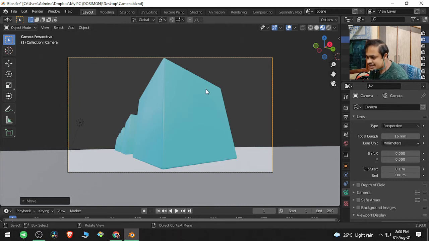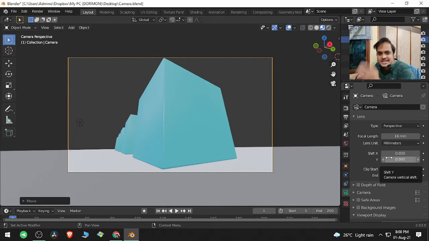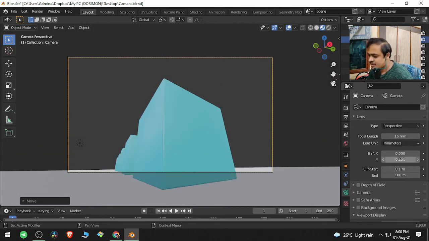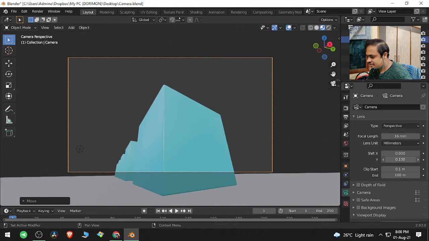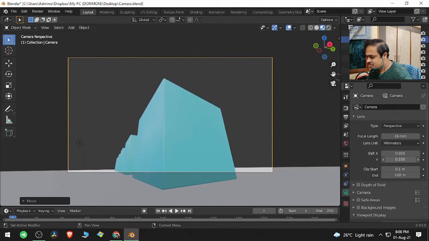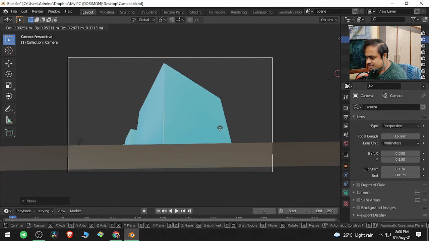Now if you see at the top corners, it seems like they are trying to converge somewhere, they are going to meet somewhere. So to remove that, the next option is Shift XY. Now because we are seeing this converging in the vertical axis, we should be changing the value of Y. So if I change this value, a very minute value is enough. If I change this to 0.1, I will increase the value a little bit, 0.1, and then bring the camera over here